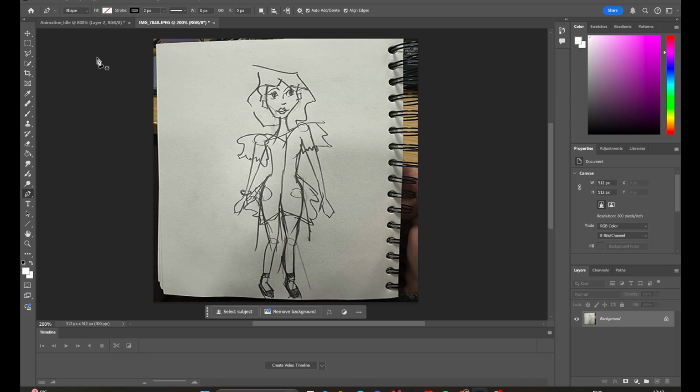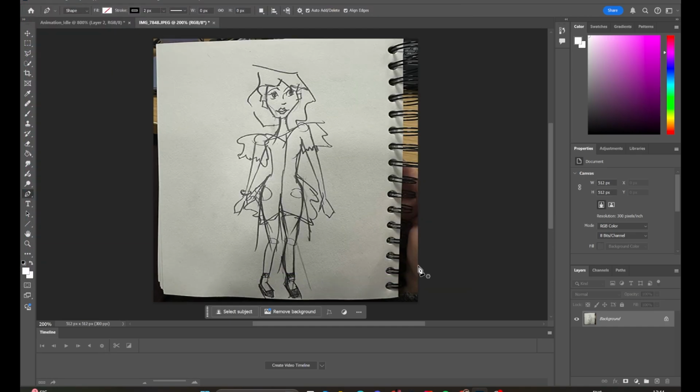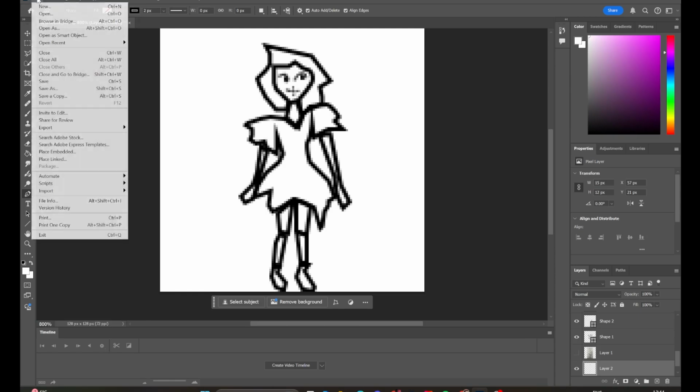Hello, in this tutorial I will show you how to use the pen tool for your animation in Photoshop and walk you through how to animate. So there are two things I would like you to know, that if you open an image, so I'm going to do it now. So if you open an image,